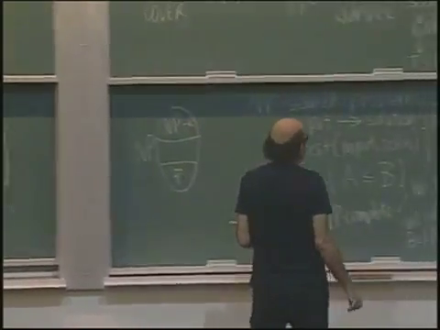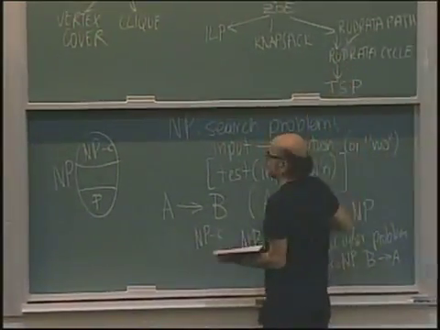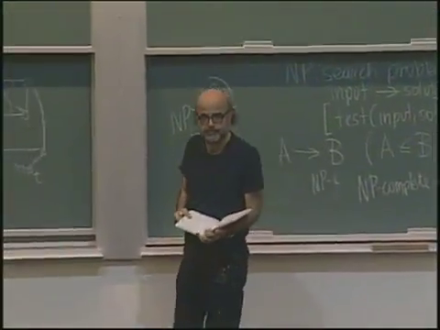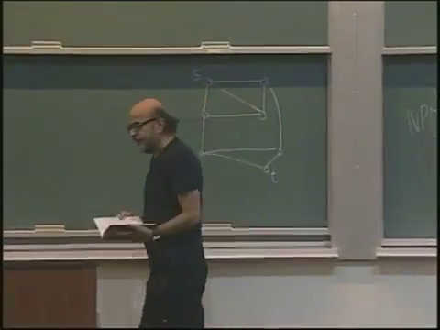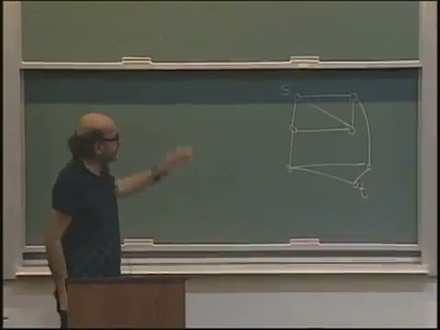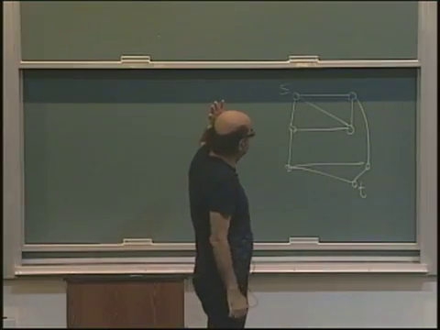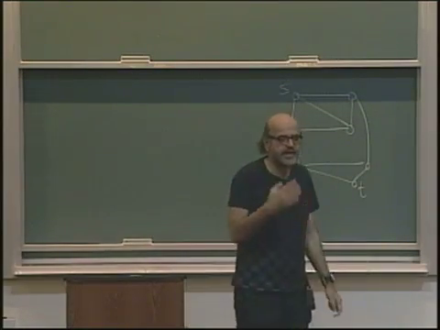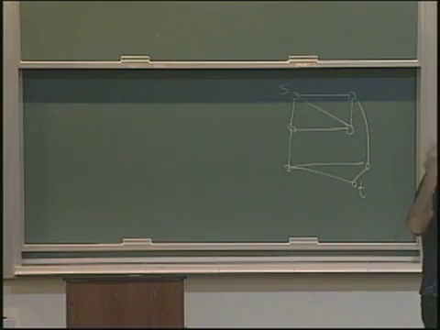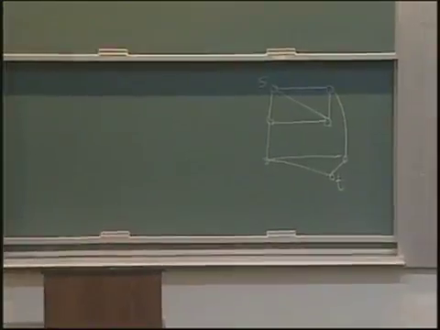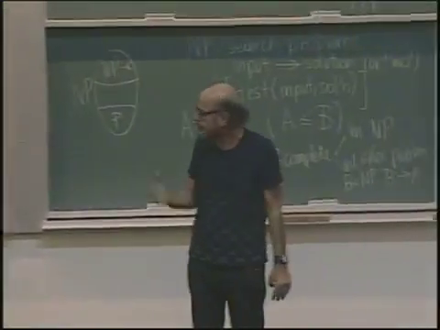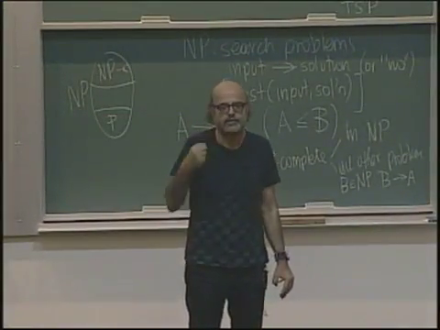What we're going to show is that Rudrata path reduces to Rudrata cycle. In other words, they are giving us this graph, and they are giving us a routine, a program that solves Rudrata cycle, and we want to solve Rudrata path. How would you do it? How would you modify this graph so that